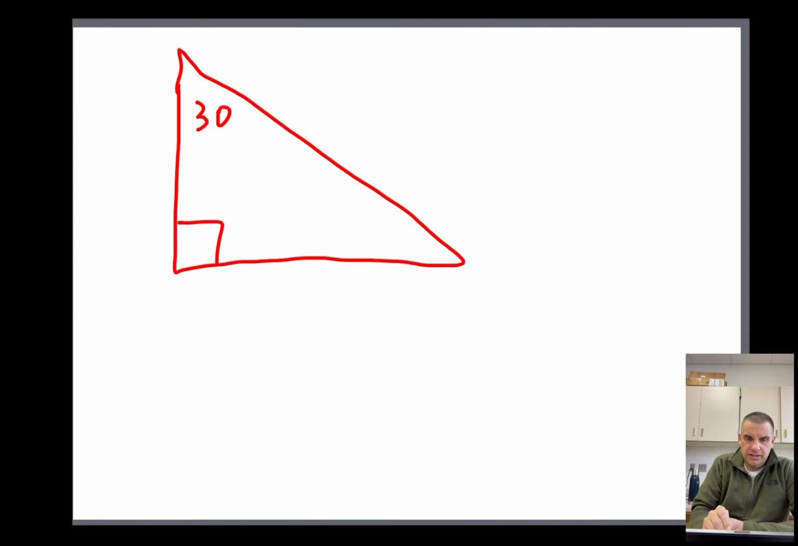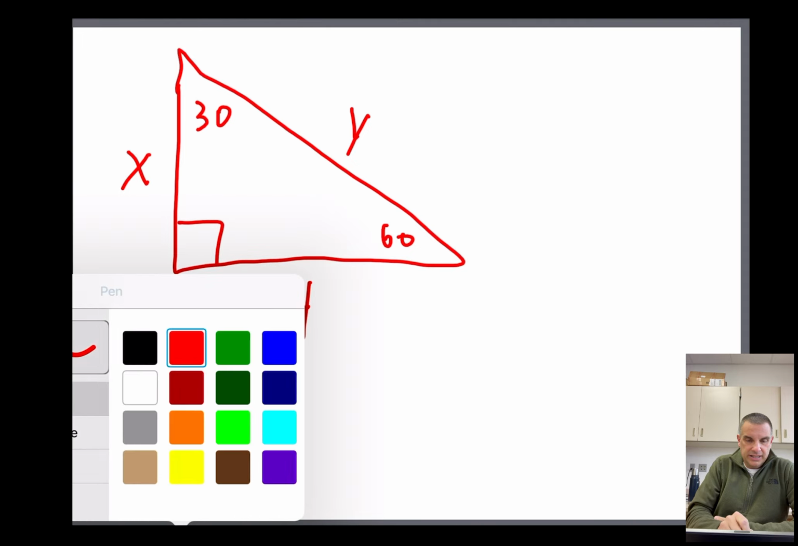So here's our 30, here's our 60. Let's say that I give you the length of the side opposite the 30 is 4. We want to find the other sides, so we want to find x and we want to find y. Well, if we want to label the sides, because we like to label things,